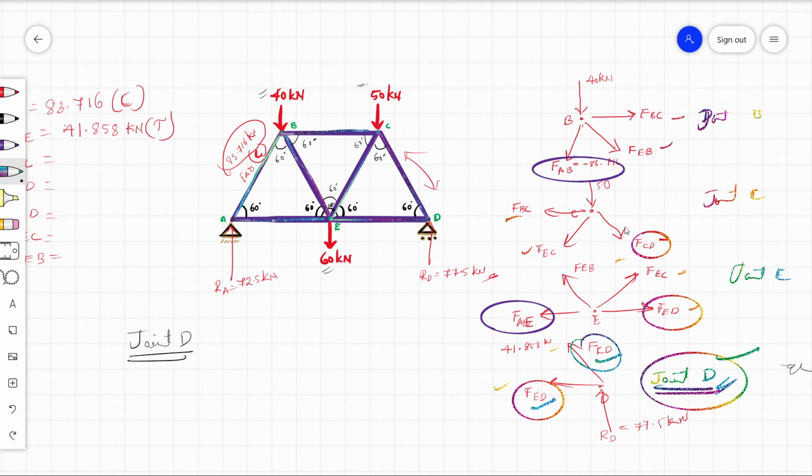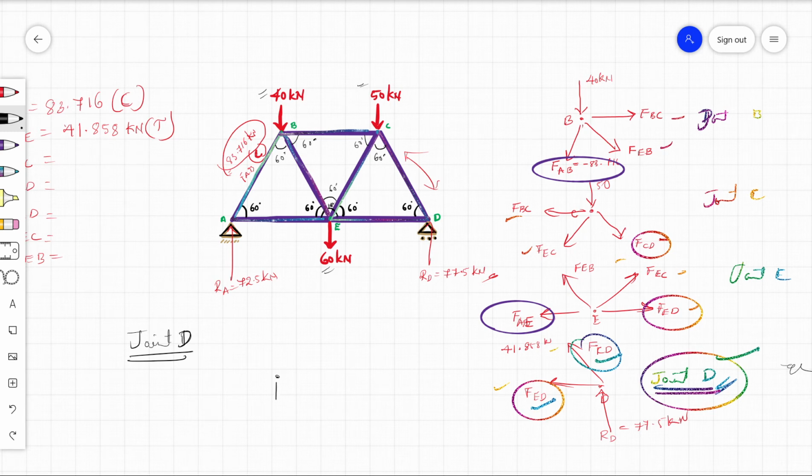Then what is there to solve in joint E? Everything is already solved, so you don't need to solve joint E at all. This is a funda actually. This is how we make a complex numerical easy. The one without using his mind solves all the 5, but you don't need to solve all the 5. First solve the outer perimeter A, B, C, D, and E, whichever is connected to everything, which will be automatically solved. Okay, so let us go with joint D first, because it has the easiest, two reactions.